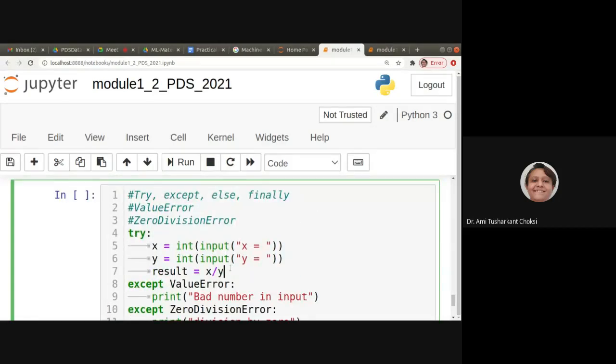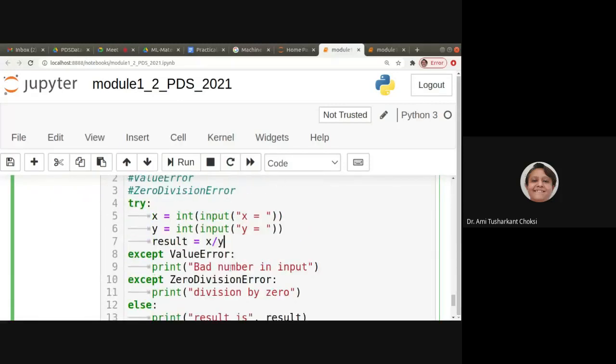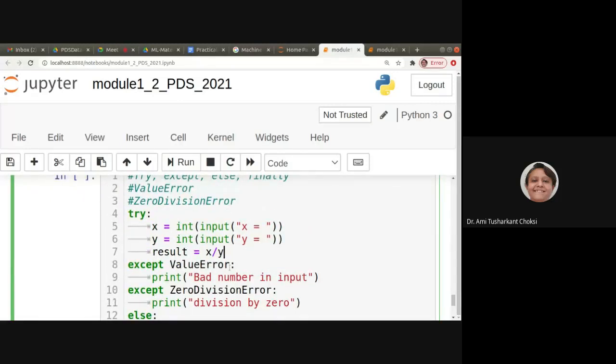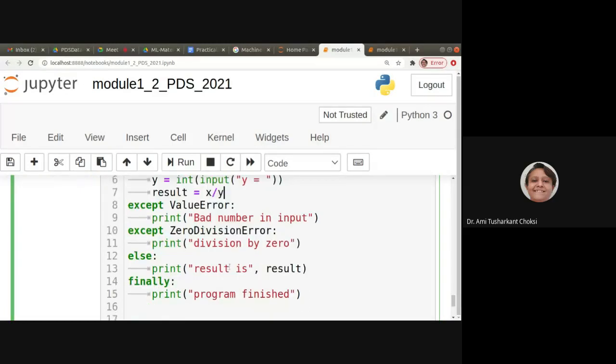So this is a simple application where we can have try, except, else, and finally. Inside finally we write the code that is executed irrespective of whether the exception has occurred or not.